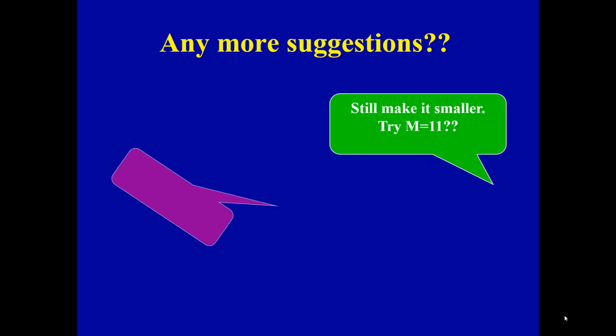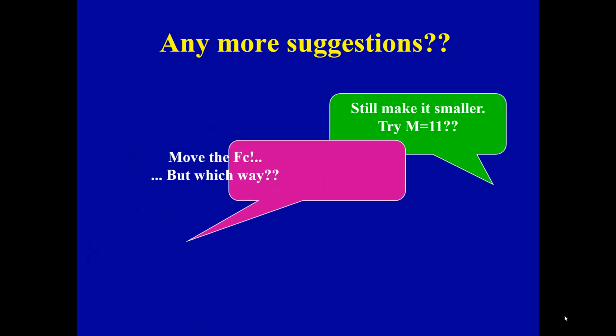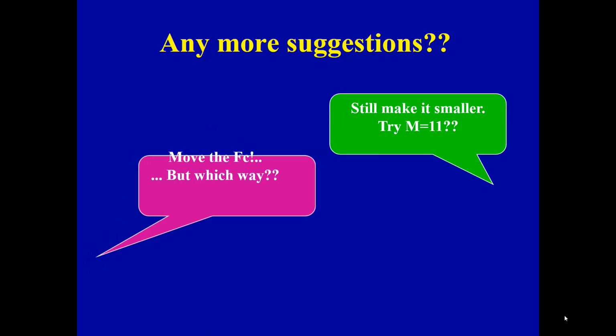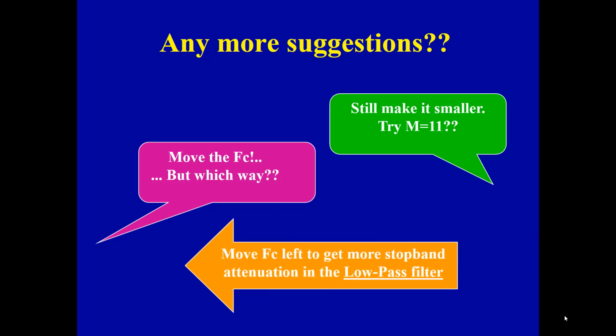So if we try the M equals 11 filter, we need to do something else, and that's moving the cutoff frequency just a little bit. And the question is which way, left or right? As you might surmise, because of the way the diagram was following the frequency response and we had just barely enough attenuation in the stop band as it was, we might want to move that cutoff frequency down